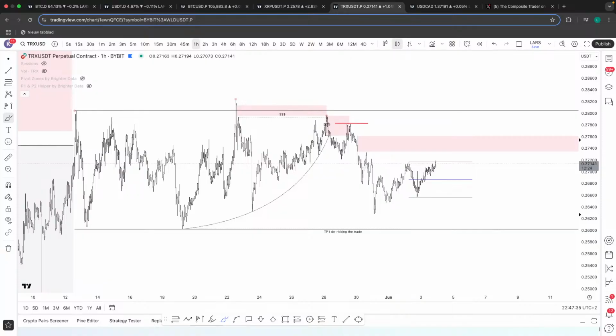Mr. I love cats: so a wick into a demand order block mitigates the whole block. If you have a block and it gets tapped, then the block is mitigated, yeah. Unless you have a lower time frame block inside of it that isn't tapped, then you still got some, you know, more refined, unmitigated parts.